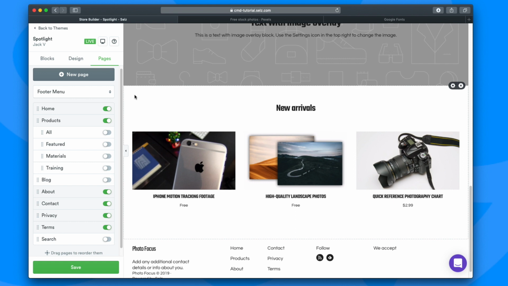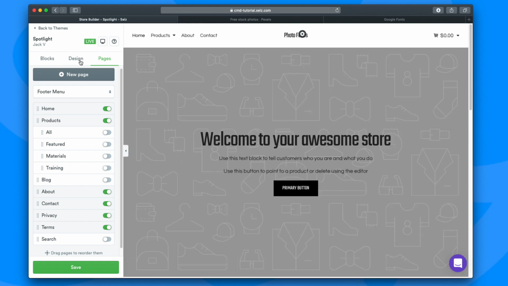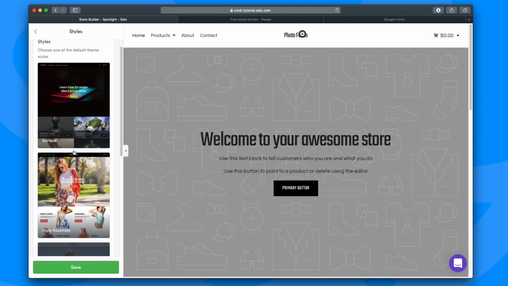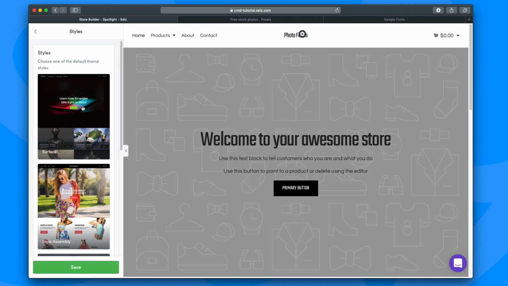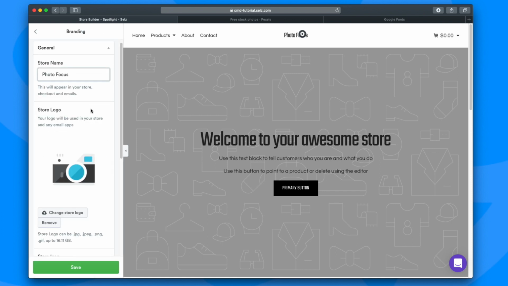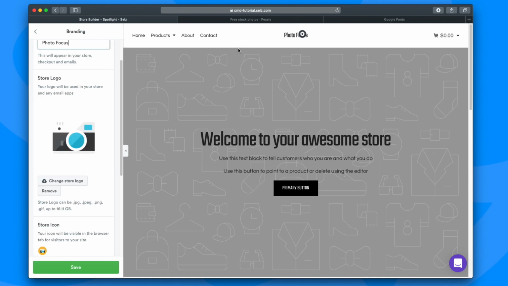All right. So now it's time to hop on over here to the design setting. And we're going to get started with our styles. Well, we already have a style. It's this Jack V theme. I think it looks pretty sweet. We're going to keep that. But for our branding here, what we are going to do is use our store logo instead of the text